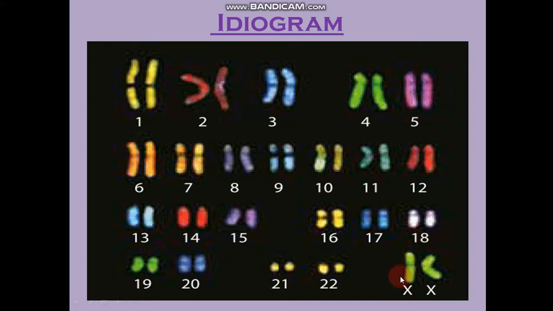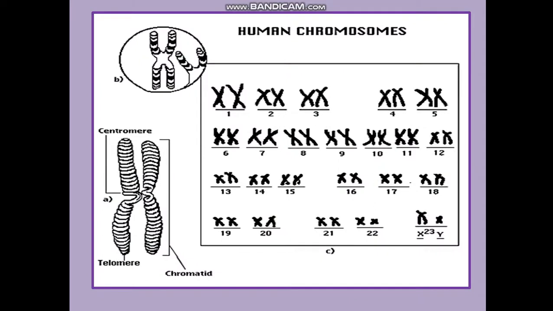Here the sex chromosome is XX. So this is an ideogram of a female. It has both the X chromosomes present. The shape of the Y chromosome is slightly different. That I'll show you further. Okay, moving forward to the next, here is another ideogram I need to show you. This shows the Y chromosome also. You can see that the X chromosome is bigger than the Y chromosome.